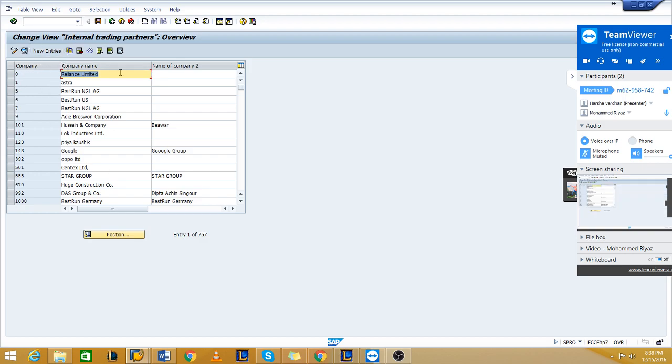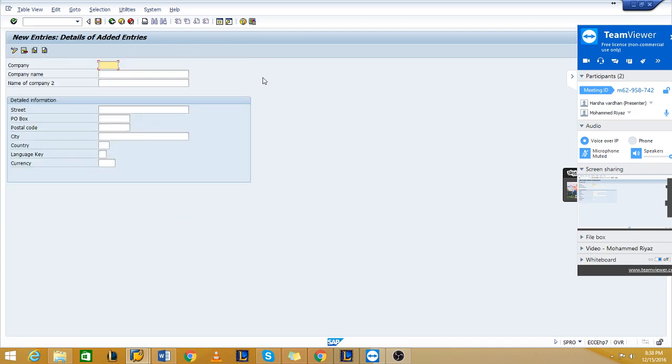Here you can see a New Entries button. If you click on it, you can give any entry on this screen. Last time we created the BSNL company name and company code.